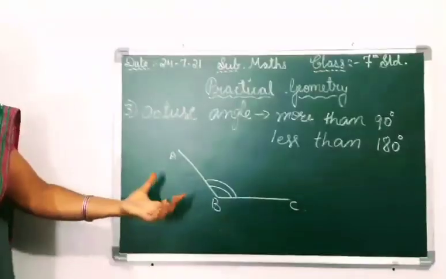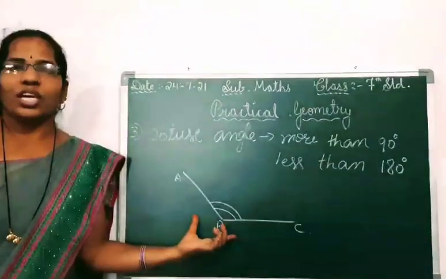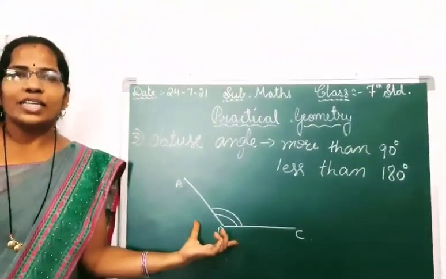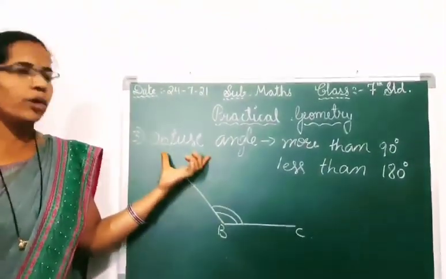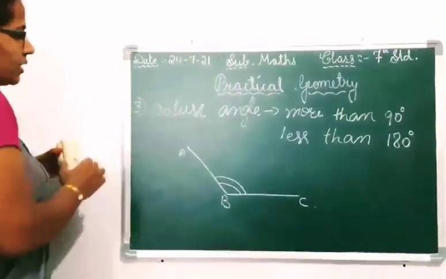This one for example, best example you can see in your home, fan. Okay, fan, it has 3 blades. Okay, it shows the obtuse angle. Yes. Then next one is